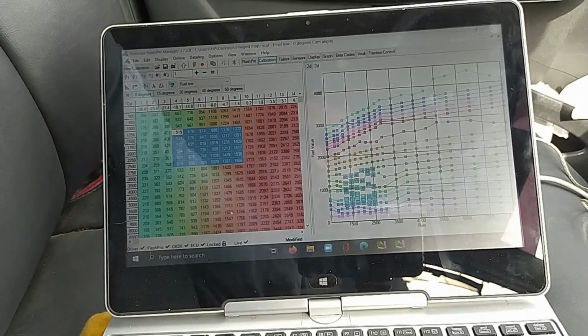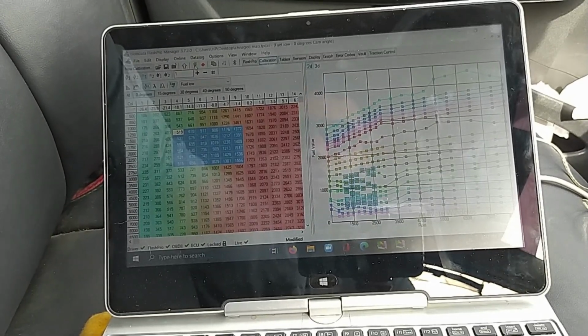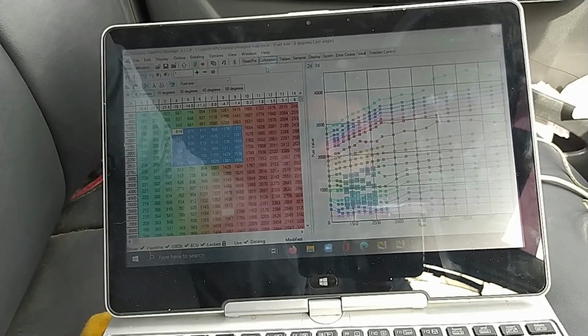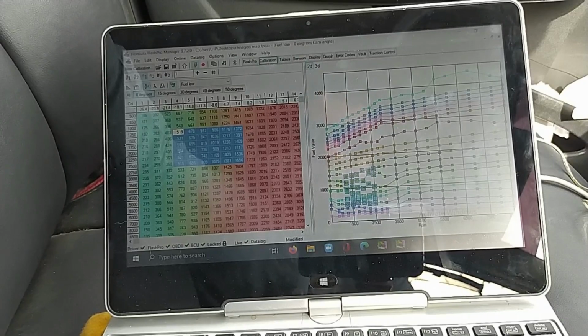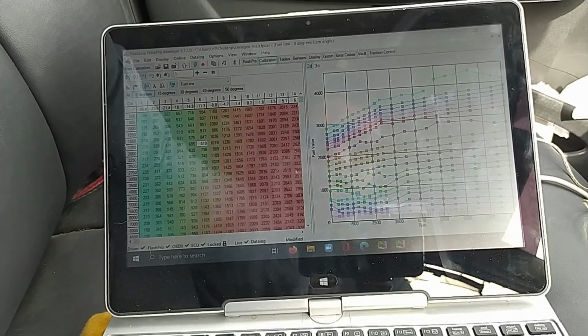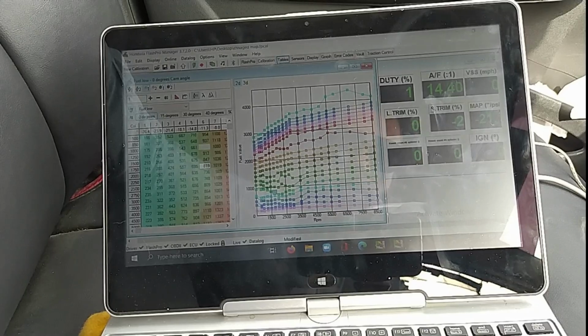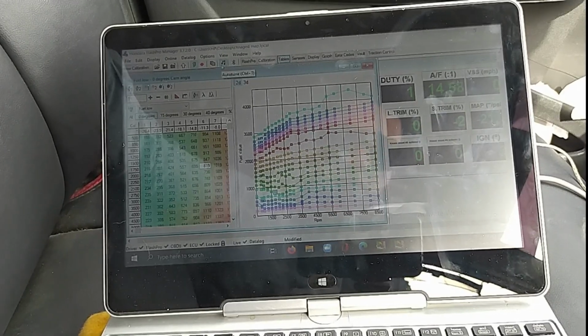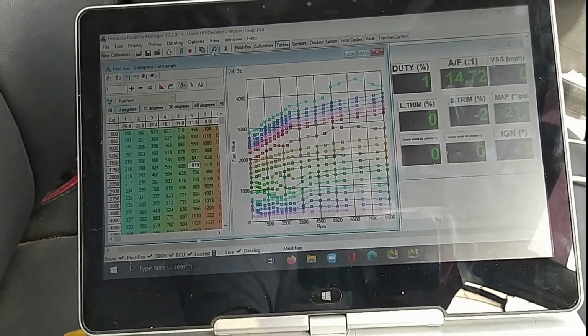Okay, car is started. Please note that everything is checked: live, log, ECG, OBD2, etc. Now just click this, and then we will click this music button, and we will see how much it changes. So here are the long trim, here are the short trim. Let's press this music button. Here we go. Let's see it do its magic or not, the auto tune.